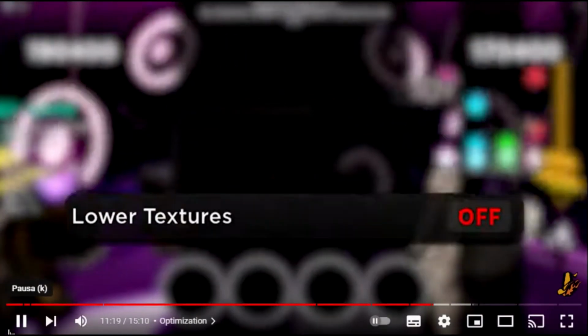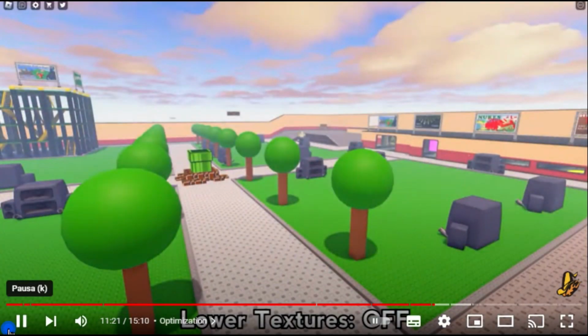Hit sound volume. It allows you to change the volume of hit sounds. Now for some optimization settings. Lower textures. This sets most textures to